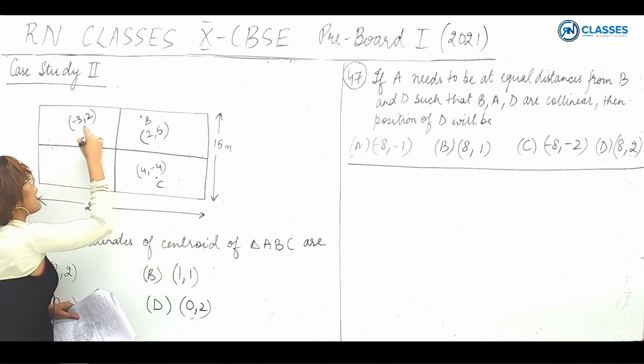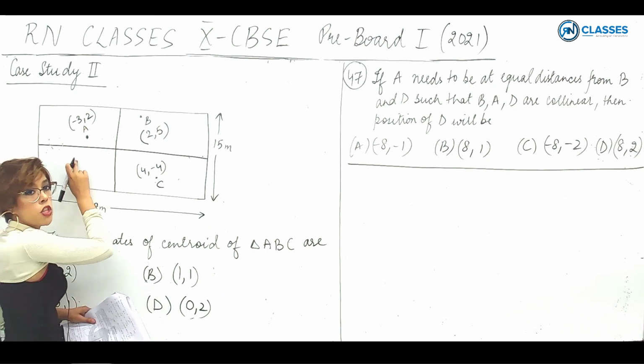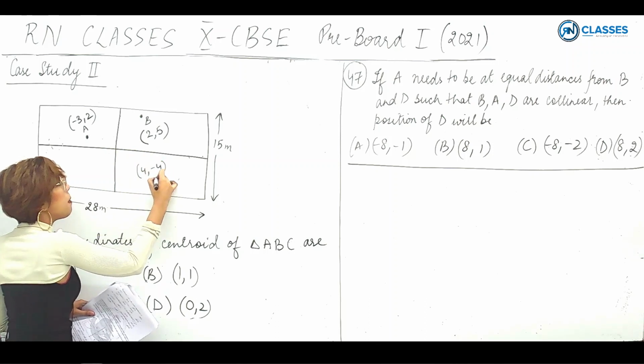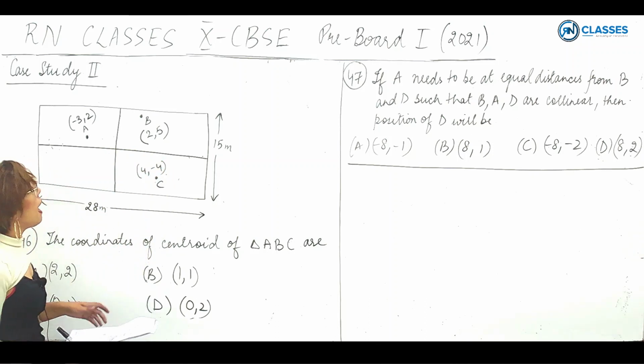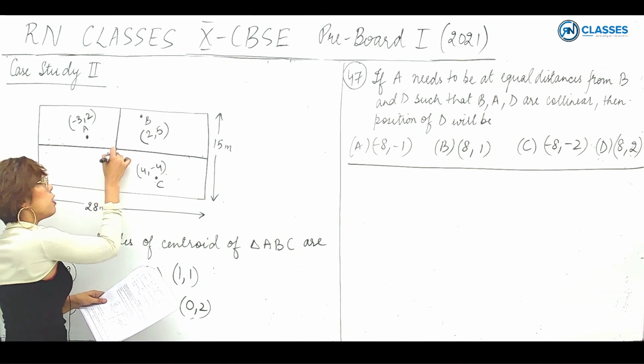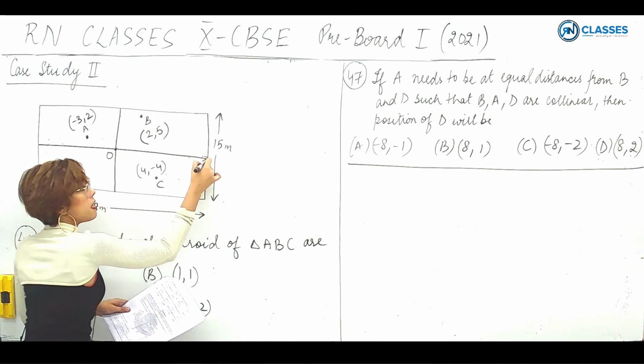Now, suppose A is my player. At position A, my player is there. At position B, my player is there. And at position C, my player is there. And obviously, we have described the coordinate system as this is the origin, this is my positive x-axis, this